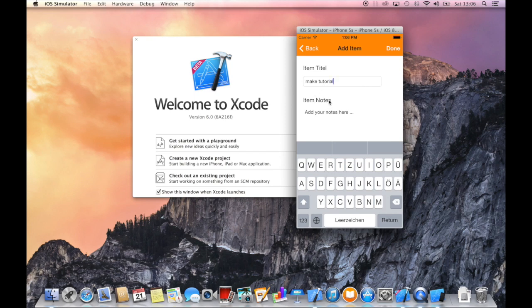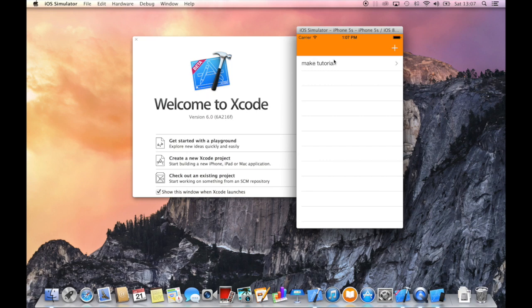And here we've got another label and a so-called text view, which allows us to write multiple lines of text because this is a note. And I can say, well, to-do app and Interface Builder. This is what I'm going to talk about in this tutorial. So these are my notes, and I press done, and my tutorial, make tutorial to-do is placed into